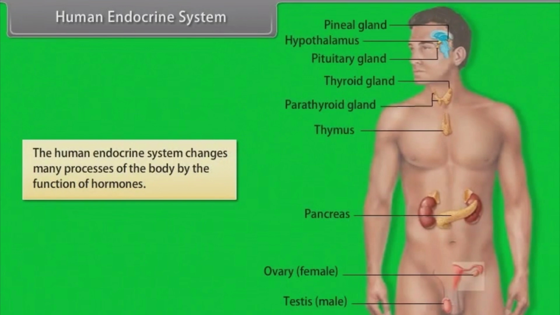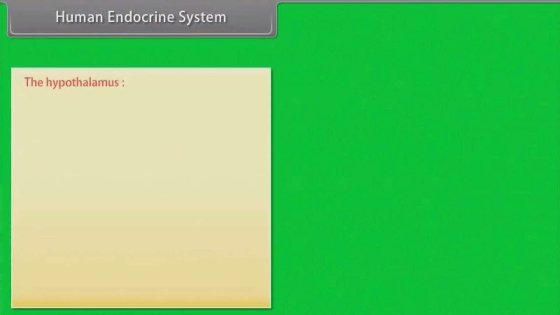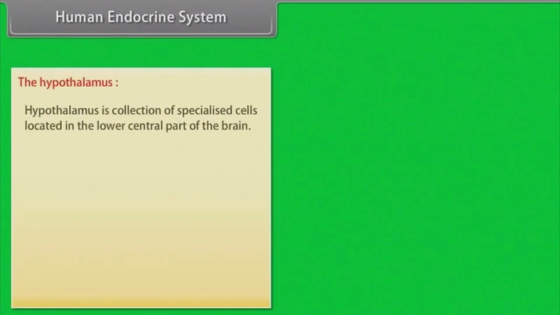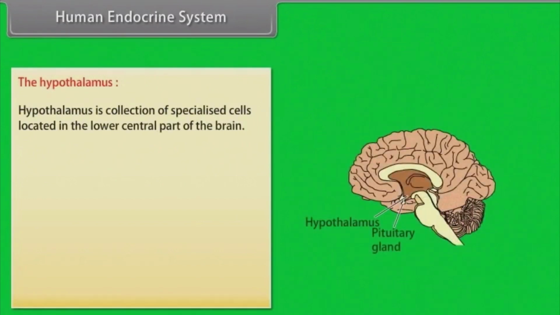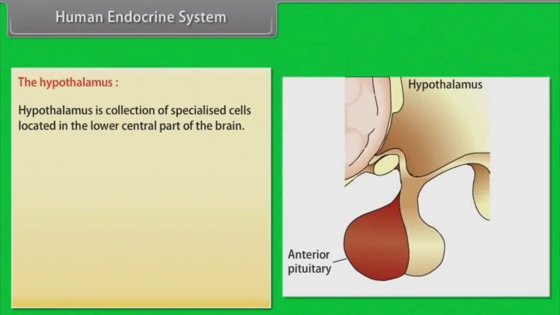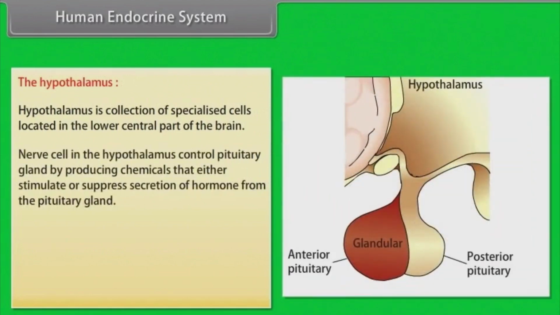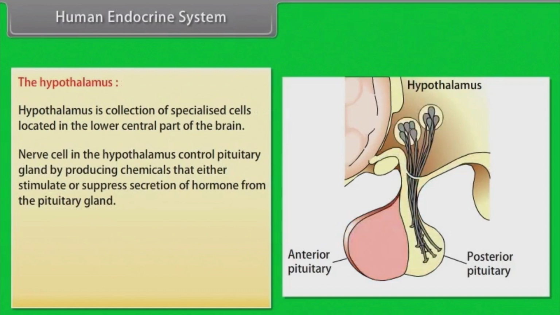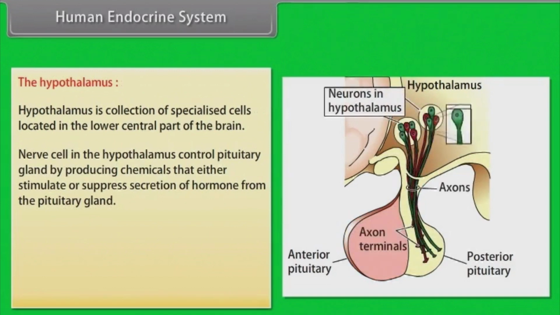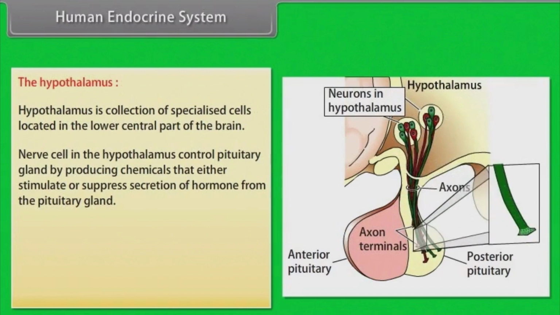Human endocrine system. The human endocrine system changes many processes of the body by the function of hormones. The hypothalamus. Hypothalamus is a collection of specialized cells located in the lower central part of the brain. Nerve cells in the hypothalamus control the pituitary gland by producing chemicals that either stimulate or suppress secretion of hormones from